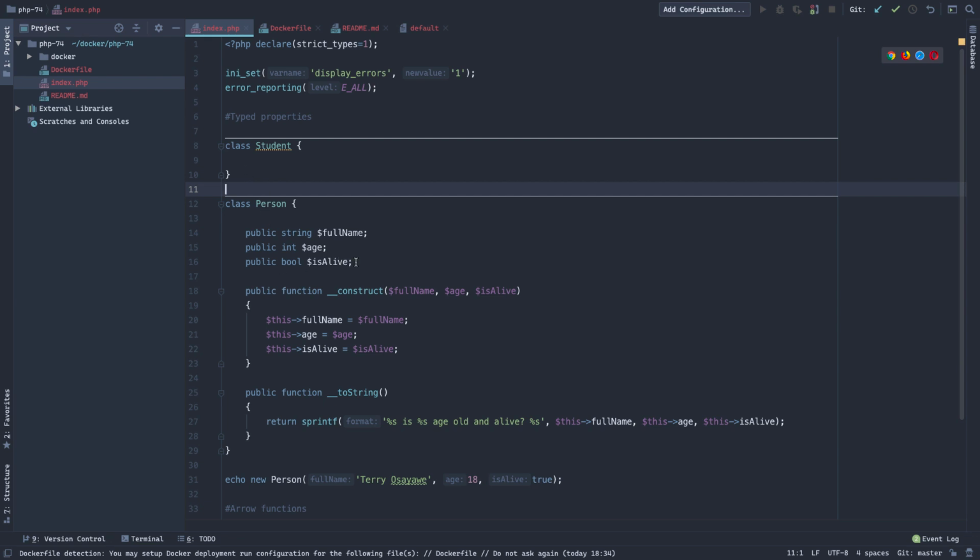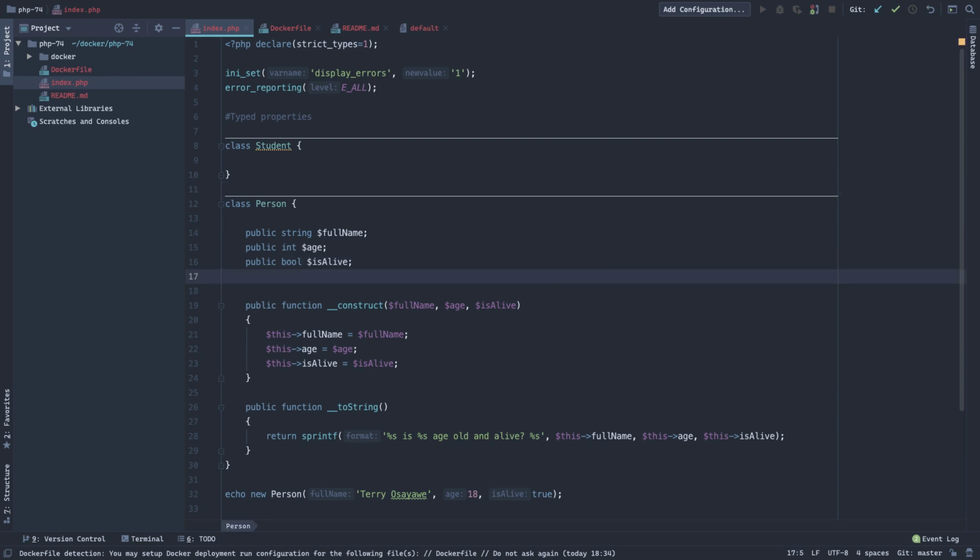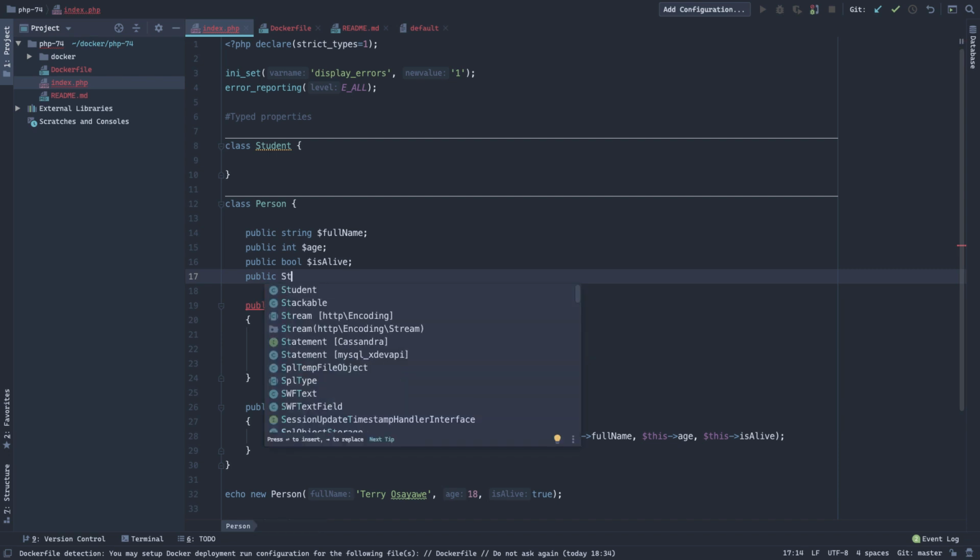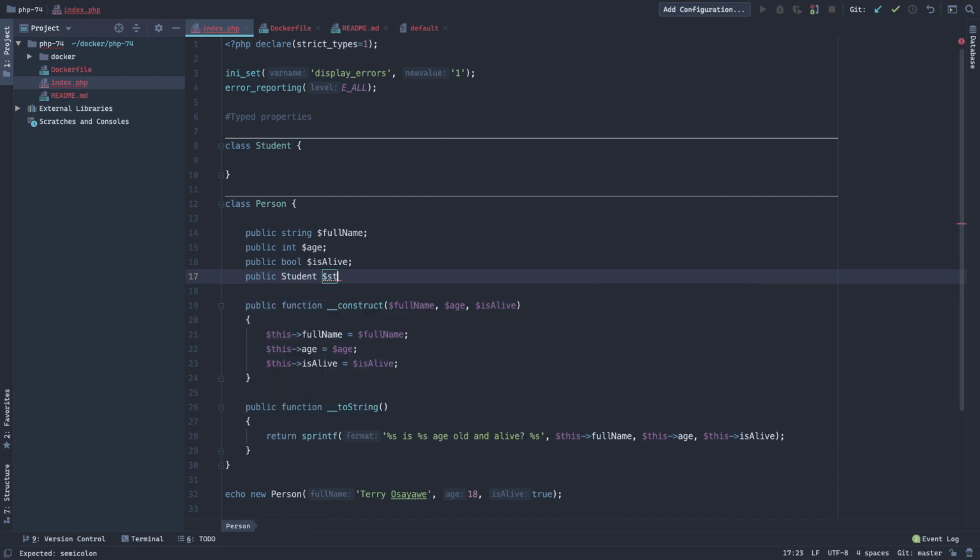And then right here, we can create a public Student. So we are creating a new property called student, and we are saying the type should be a Student. So if we were accepting Student here